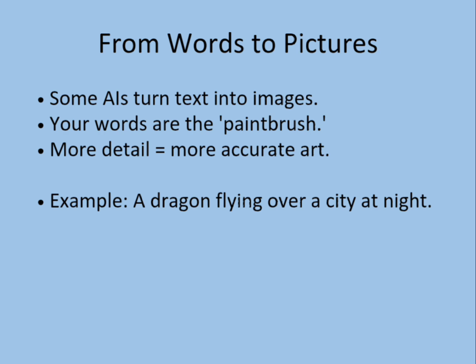And our words are the paintbrush. The more detail we give, the more accurate the artwork can be. The generated artwork will be as per the details we supplied. For example, if we simply prompt with a dragon flying over a city at night, it can create a dragon. The dragon is flying over a city, and that too at night. So that is how we need to give details within our prompt so that the AI can understand exactly what